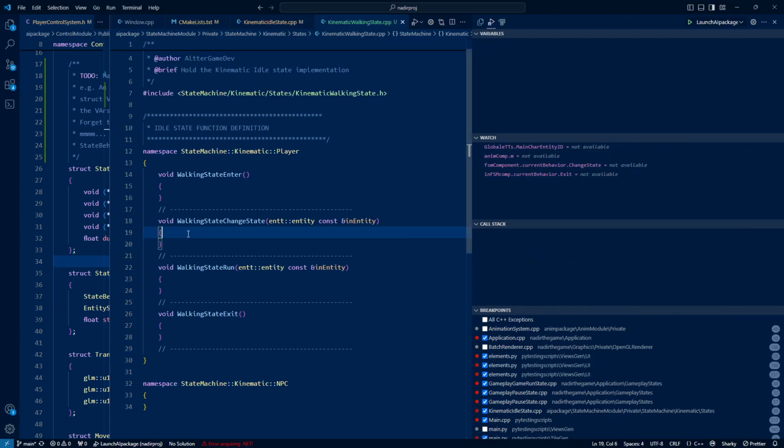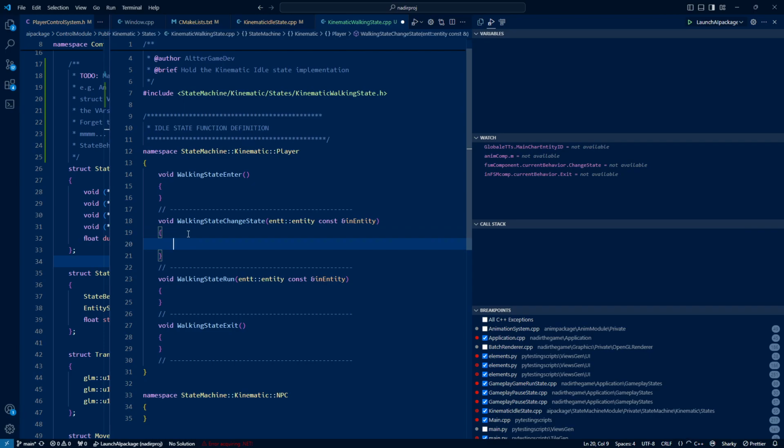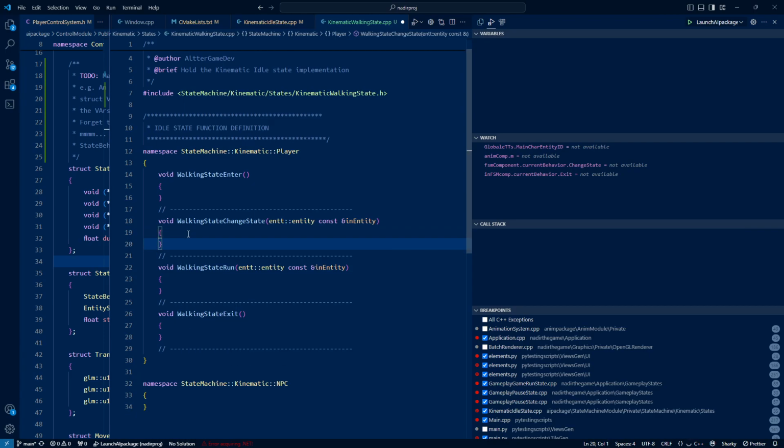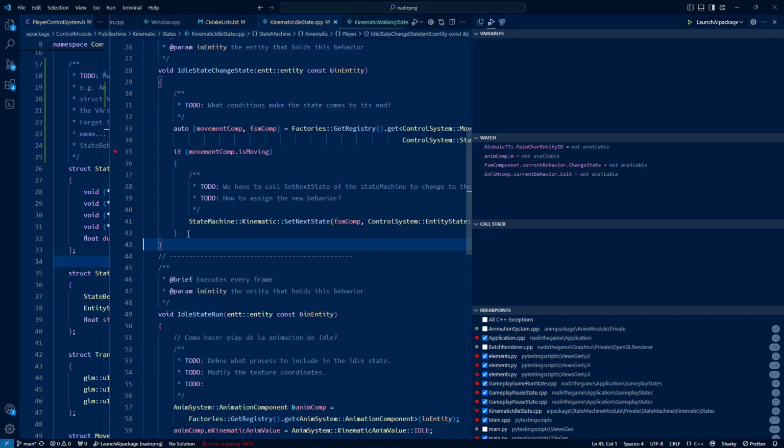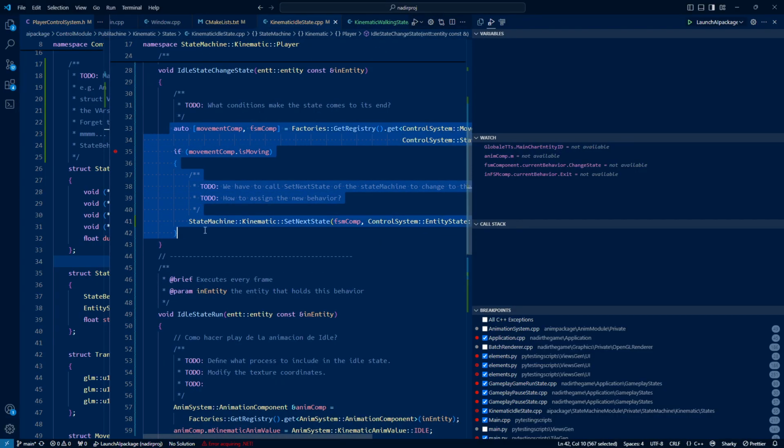Okay guys, let's go a bit more, and this is going to be very easy actually. I can copy the idle state. I can copy this code because it's almost